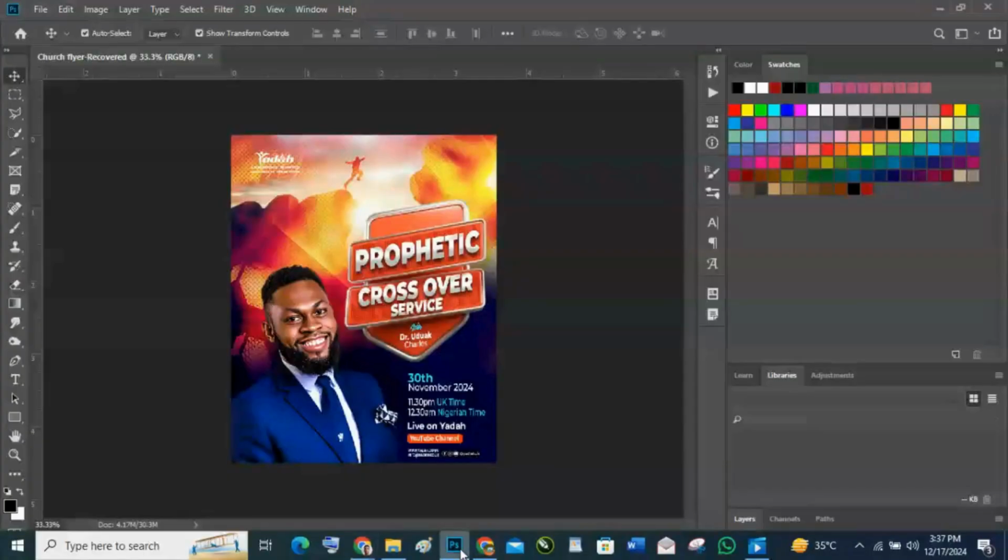Welcome to today's tutorial. Today we're going to be doing a simple flyer design. We will be replicating this design,